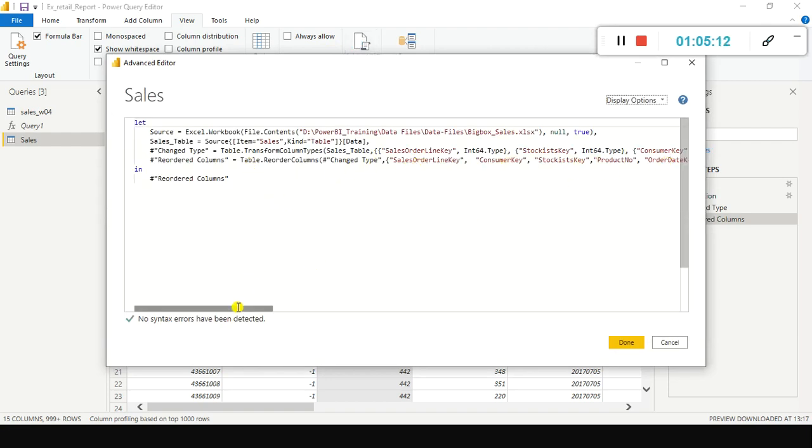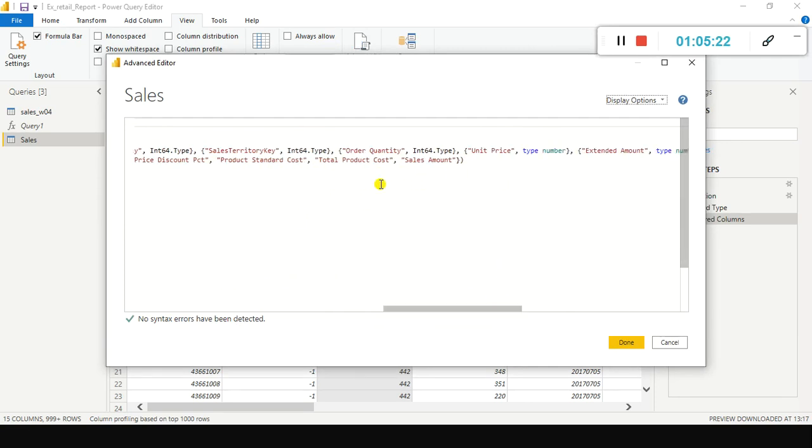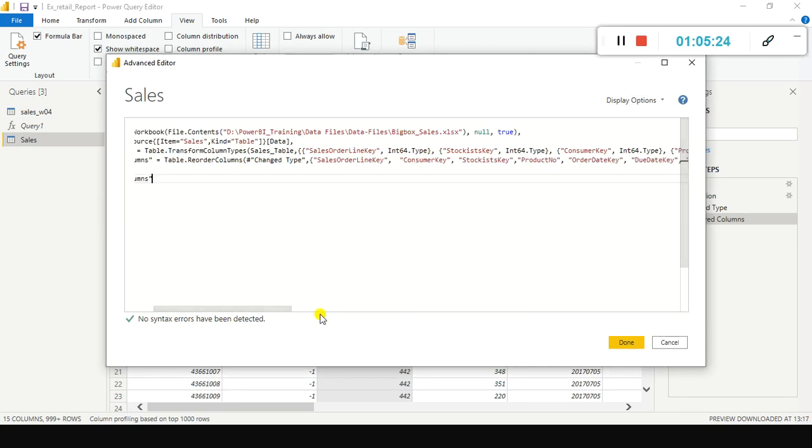For example, I want the extended amount to come before unit price, or unit price discount percent, let it be there. Any order if you want to change it, you'll have to change it inside the reorder columns function.